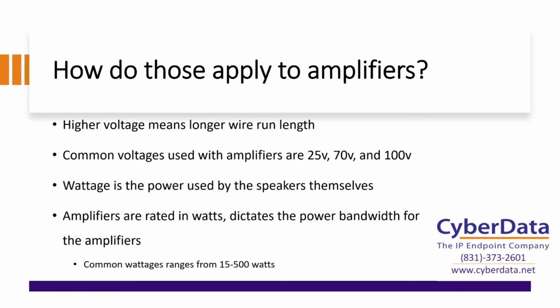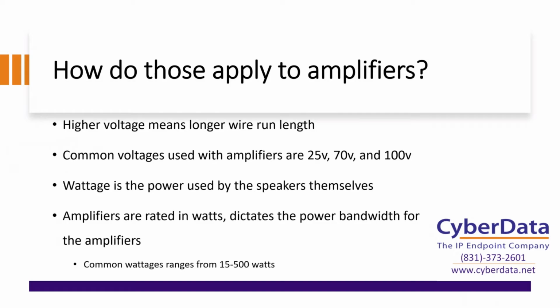So with that, some common voltages that you can run into with different amplifiers are going to be either 25, 70, or 100 volt. And a lot of these different amplifiers out there, especially modern ones that you can get today, are going to have a mix of these 3 different voltages. Typically here in the States, you're going to run into a 25 or a 70 volt amplifier, but sometimes in the EU and the greater part of the world, basically outside of the States, you'll run into a 100 volt